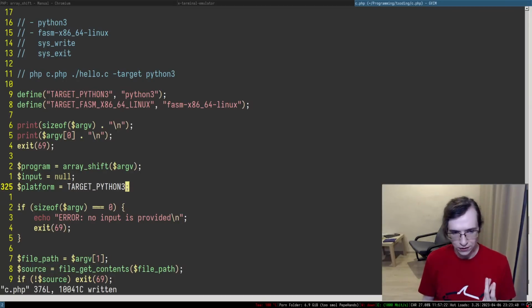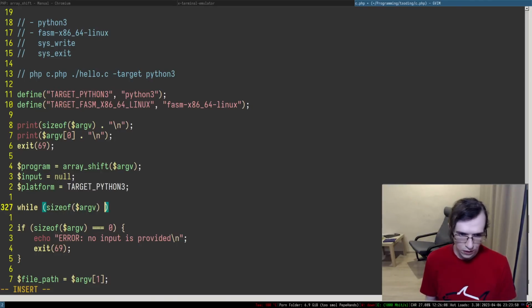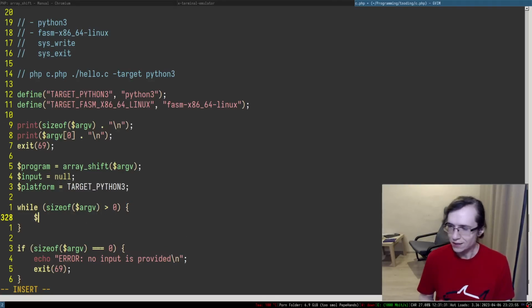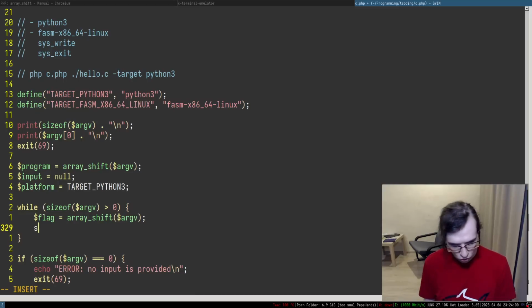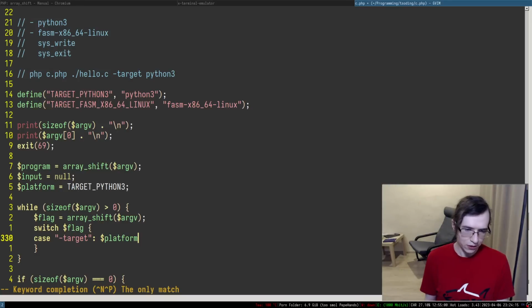And then I'm going to organize the command line argument parsing loop. So while size of argv is greater than 0, I'm going to be extracting the flag, so essentially array_shift argv, and checking the flag. We're probably going to do something like switch. Is the flag, for instance, platform or target? If it is target, we're simply going to set platform to whatever we have in there.